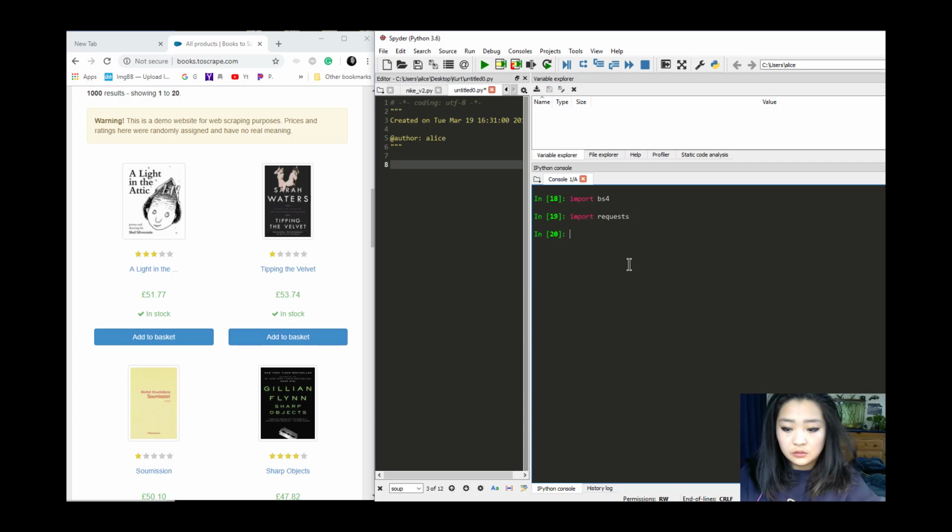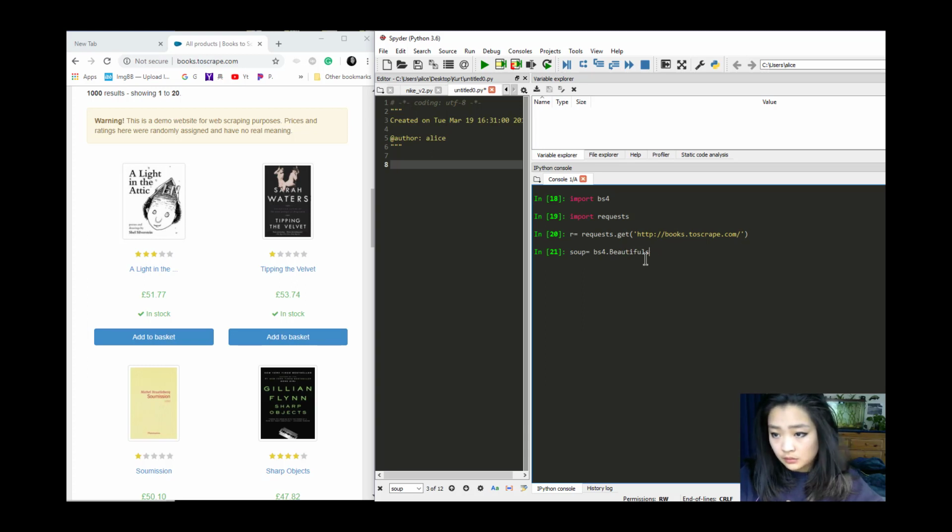Then you do r equals requests.get, parenthesis, and you get the URL here. And you will do this, and make sure it's a string element here. Okay, and then you can say soup equals bs4 dot